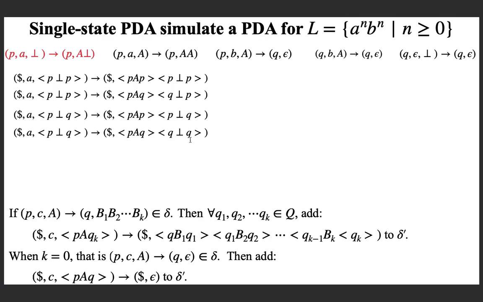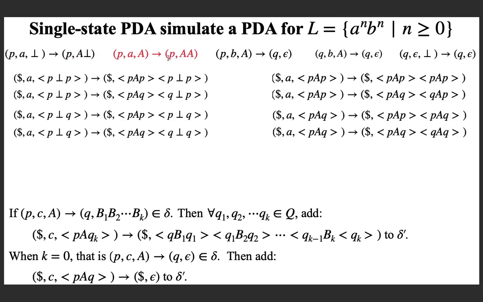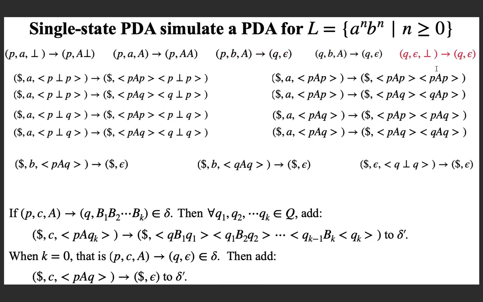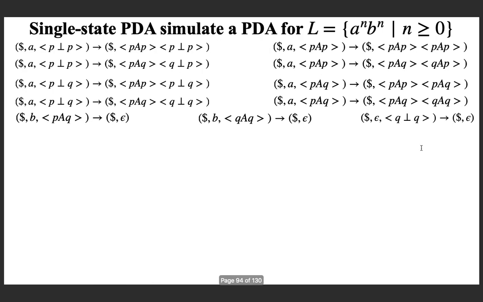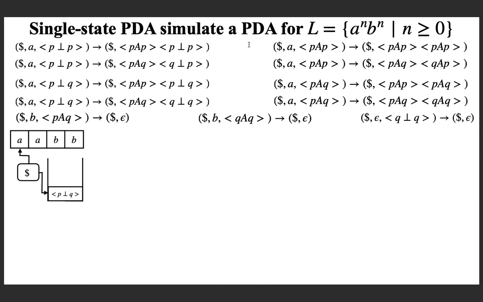Yeah. And now if you move on, for this transition as well, you will get four transitions, you can verify it offline. And if you move on to this, you will get a single transition. You can just take out, this is the rule that you are getting here. Similarly, for this you will get one transition, and for the last transition as well. For the interest of time, I am progressing from here. These are the set of transitions that you obtain, and now we can try to apply this on an input